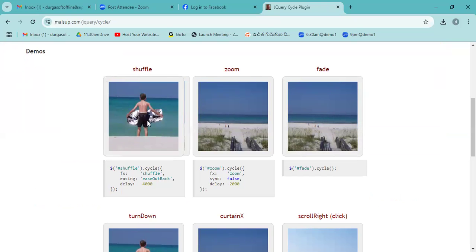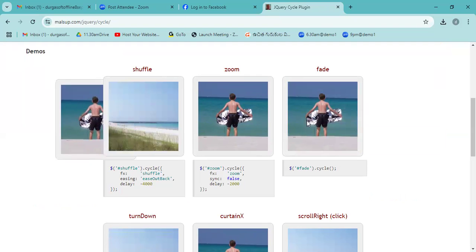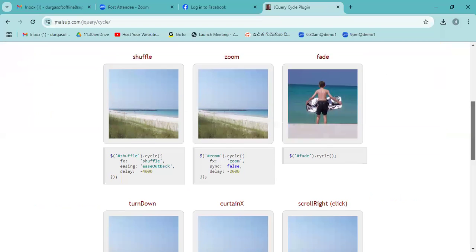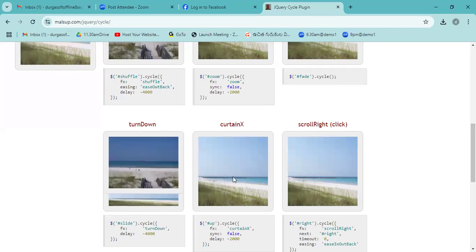Here, this is the shuffling effect. This is the zooming effect. This is the fading effect. These types of effects we can create because of jQuery. Here, turn down: see, the image will come down. Turn down effect,